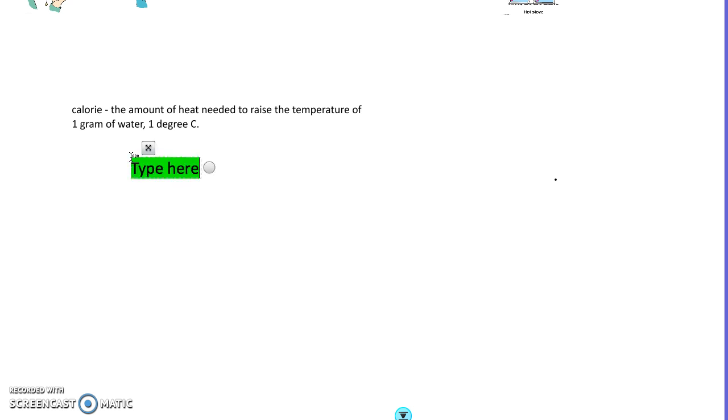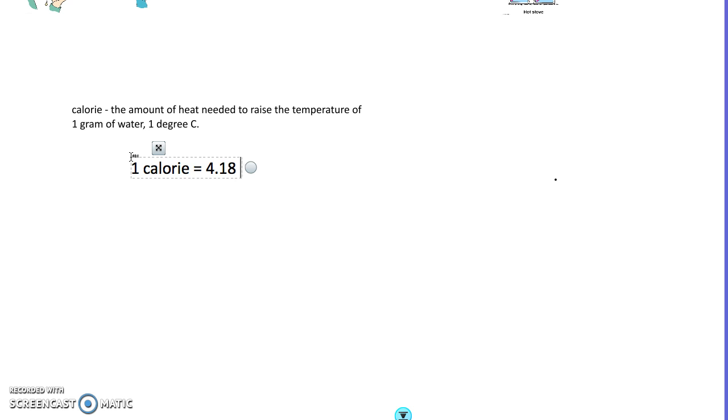Now, it is heat, and heat is energy, so it can also be measured in the same units as all energy, and energy is measured in joules, just like work is. And so we can measure this in joules. And in that system, 1 calorie would be equal to